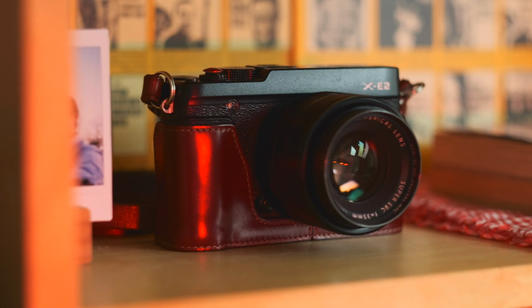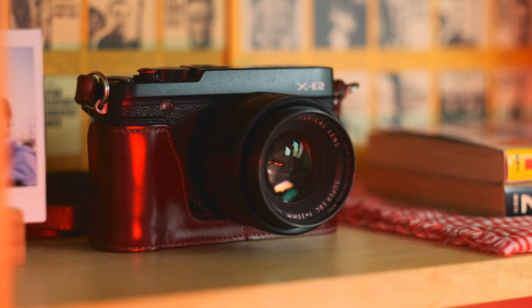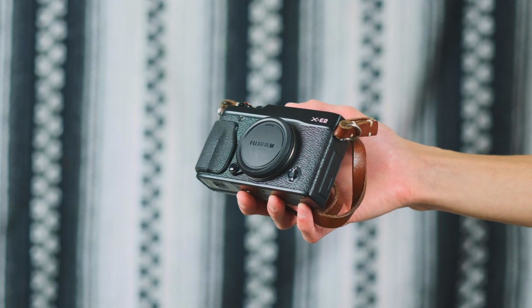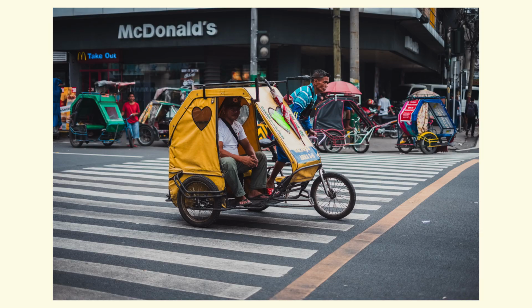It's kind of funny, because for how much I like the retro and slick design, at first glance or from a distance, the camera almost looks like a little point and shoot, especially depending on what lens you have. So it's nice if you want to stay low-key and not have that effect where everyone immediately stares at you